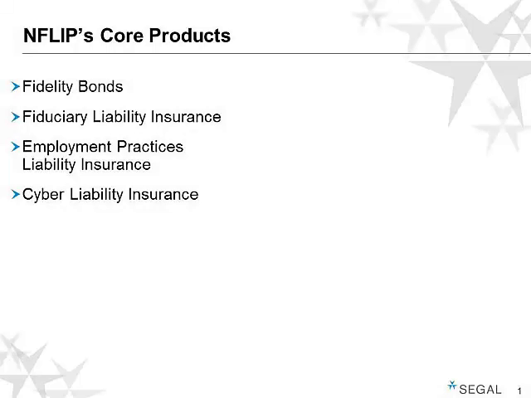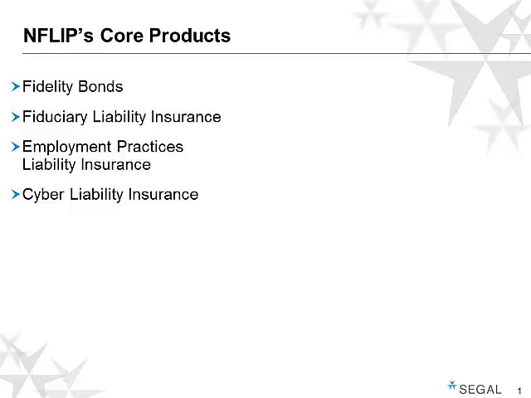This is where we take a step back and look at what we now consider to be our core products. Over the last year or so, we've expanded what we consider to be our core products. When the unit first started, it was the Fiduciary Liability and Fidelity Bonds. It's kind of obvious why those two: Fidelity Bonds are mandated, and fiduciary is something all trustees believe they need. But we've subsequently expanded it to include employment practices liability and cyber liability. And we're going to talk briefly on each of these.